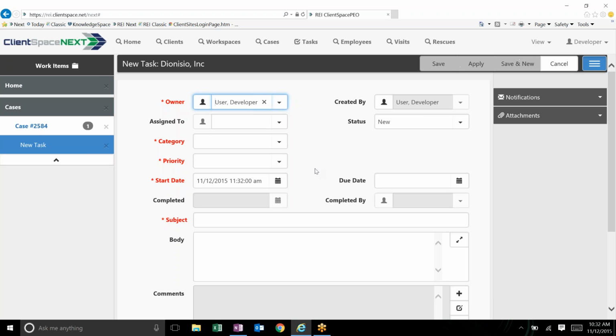I'm sure you guys have gone into a case or went to the client master, maybe looked for a task, you clicked on a task icon on one of the data forms, and you're doing that thinking you're going to get a task list for the entire workspace. It doesn't work that way, okay? There are different places you can go to find your task. If I'm on a case and I want to look at my tasks for this case, I'm going to show them right here. But the task might be closed and I want to see my closed task, I'll have to